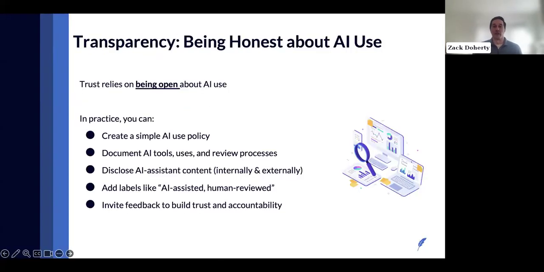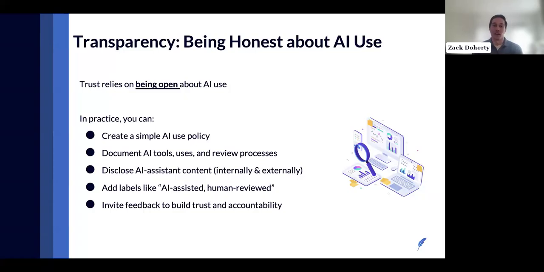Next, want to look at transparency. So, again, there is a lot of skepticism around AI, both internally for your organizations and then externally. And so a lot of nonprofits might be afraid to touch it for that reason. And I think it's particularly because you have such close ties to the communities that you work with. I preach to the choir, but a lot of that comes from just building trust, and then being open